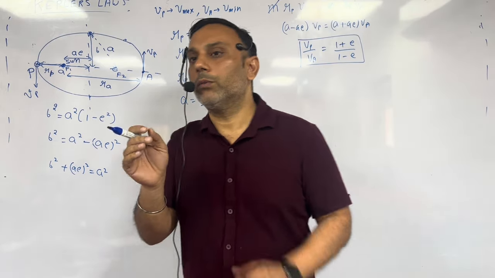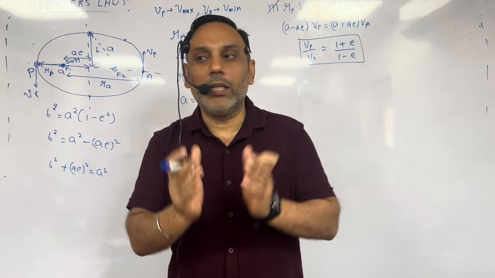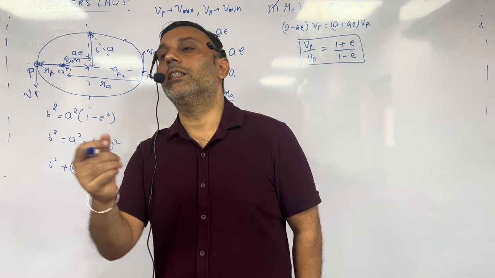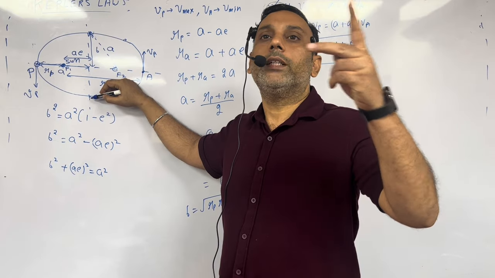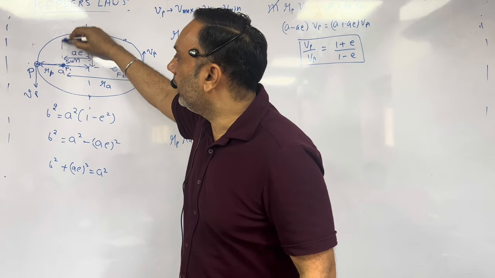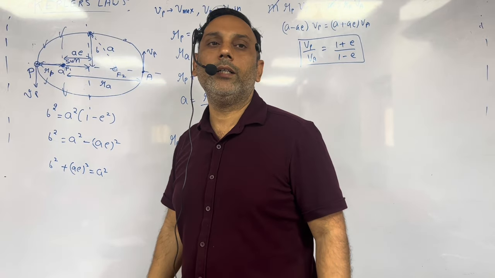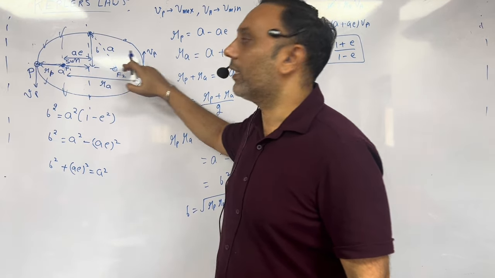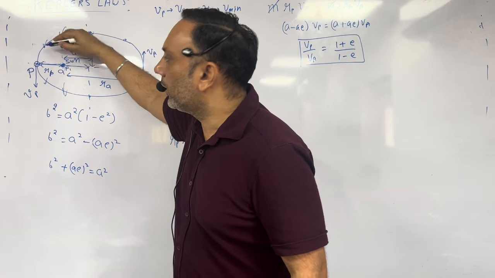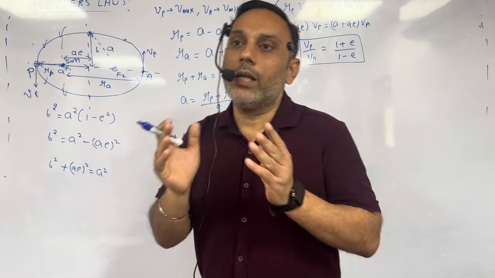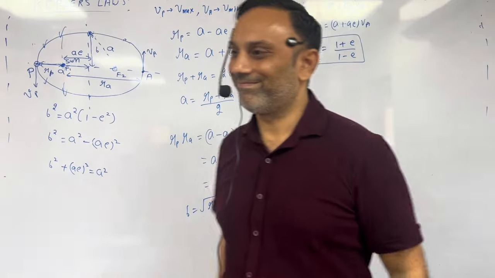So if distance from the sun is the same, potential energy is the same. If potential energy is the same, kinetic energy has to be the same because total energy is conserved. It means not just these 2 points, but any 2 symmetrical points where distance is the same, symmetrical about the semi-major axis. For all those points, distance from the sun is the same, potential energy is the same, so kinetic energy has to be the same. It means work done by gravity between these 2 points has to be 0.